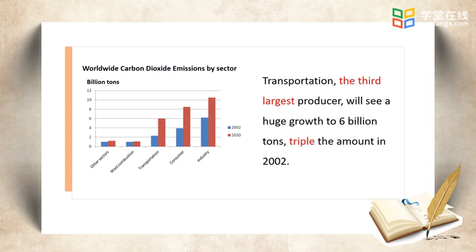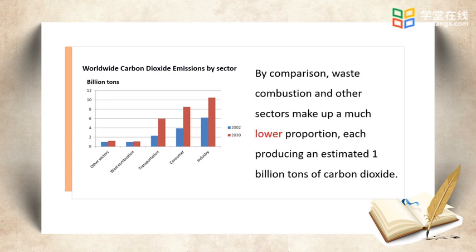Transportation, the third largest producer, will see a huge growth to 6 billion tons, triple the amount in 2002. By comparison, waste, combustion, and other sectors make up a much lower proportion, each producing an estimated 1 billion tons